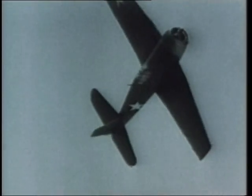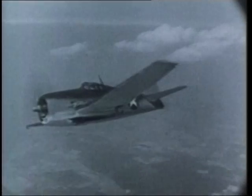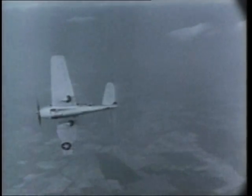The plane's dimensions: wingspan 42 feet 10 inches, fuselage length 33 feet 7 inches. The power plant in the early model